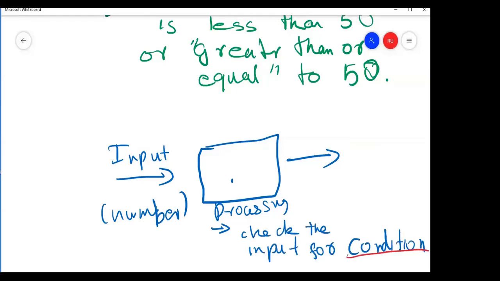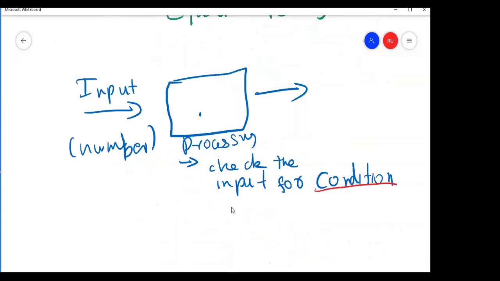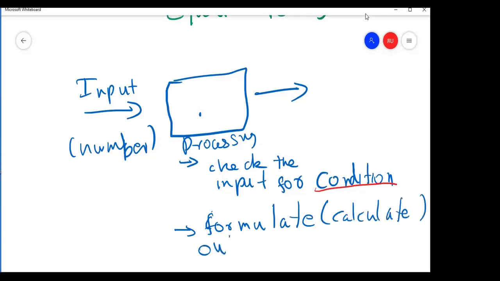So this is important. What we are doing here is we check for a condition and then formulate or calculate the output depending on the input.